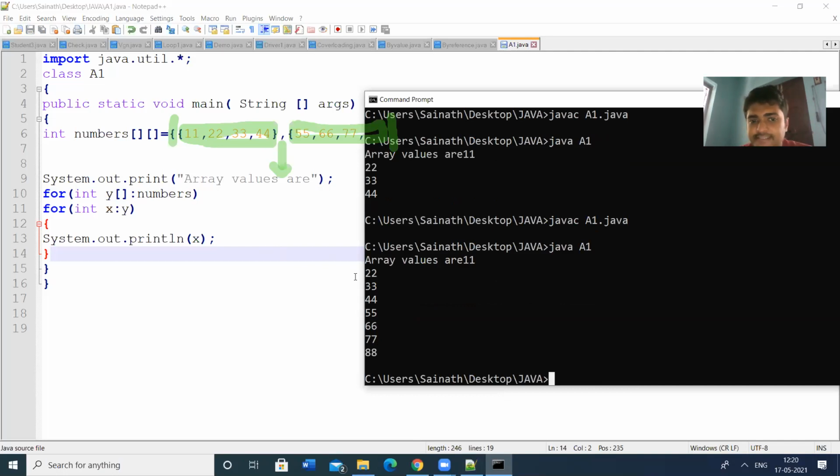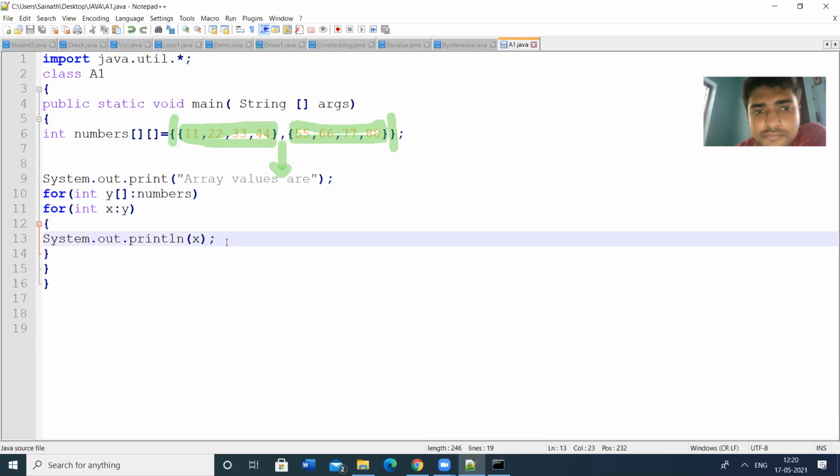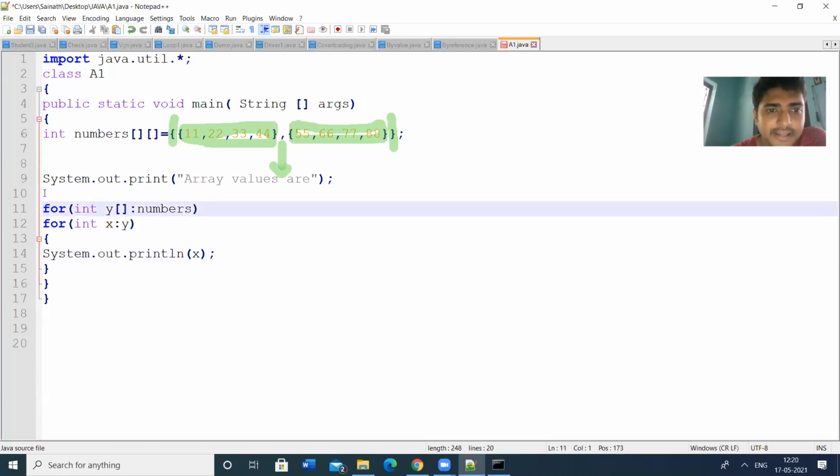We can format this as an array by using formatted output, that means System.out.printf. Besides System.out.println we have printf, and by using these percentage specifiers we can format this. So this is one way of declaring two-dimensional arrays.